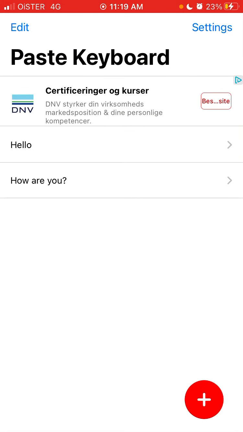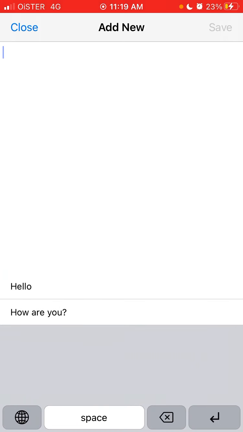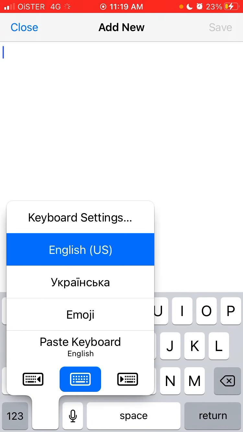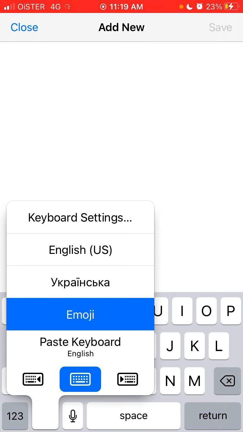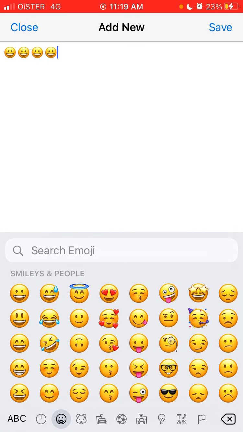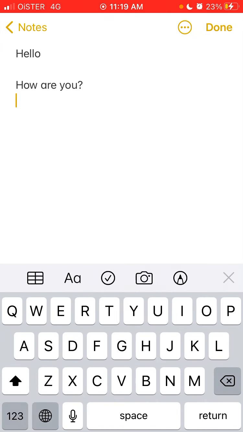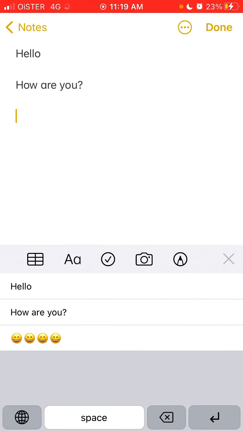So, a super simple app. You can delete all your phrases, edit them, add new ones, and that's how it works. Of course, I think you can add emojis. So yeah, basically, you get the idea, and then you can use it either in Messenger, in emails,